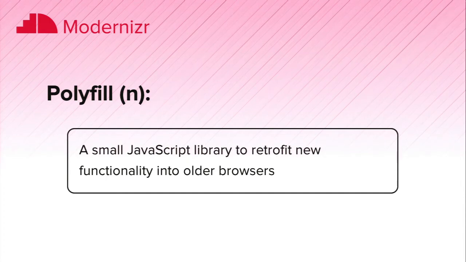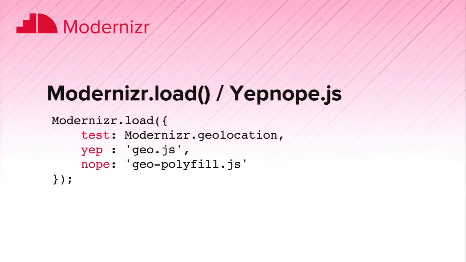Polyfills themselves are basically a small JavaScript library that shoehorns new functionality into older browsers. So in a sense, the opposite of what Modernizr does. They can be extremely useful, but I'll show some examples first. Here we have a simple Modernizr geolocation test. And we say, if the browser supports it, then yep, we load this JavaScript file that takes advantage of it. If the browser doesn't, we load this polyfill that sort of works around the fact that the browser doesn't actually